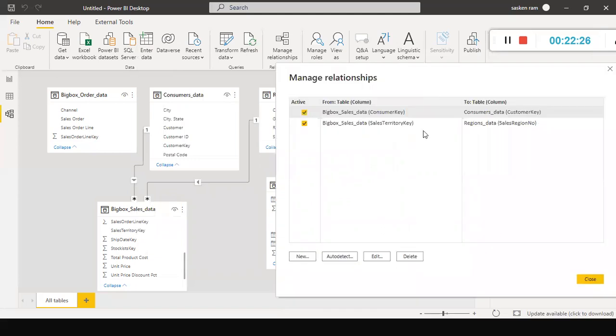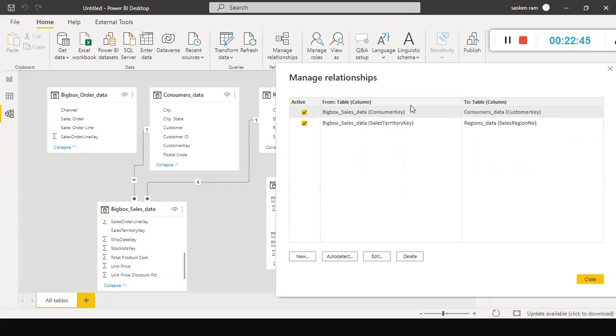This is another way of verifying whether you have correctly created the relationship between these tables, whether you have used the correct columns to link these tables. So for big box sales data, I've used consumer key.